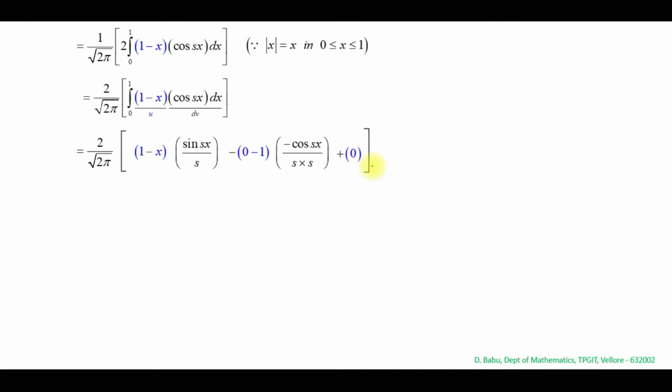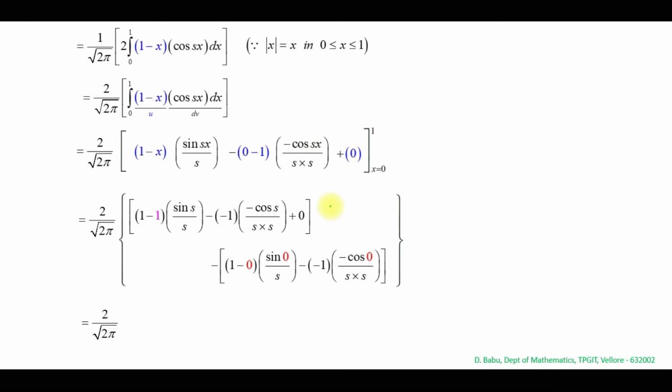Apply the limit x equal to 0 to 1, which is equal to 2 divided by square root of 2 pi. Apply the upper limit x equal to 1. So here x equals 1, here x equals 1, here x equals 1. So this is 1, sin s into 1, sin s, cos s into 1, cos s. This is the upper limit minus the lower limit. For the lower limit we substitute x equal to 0. So this is 0, this is sin 0, this is cos 0,